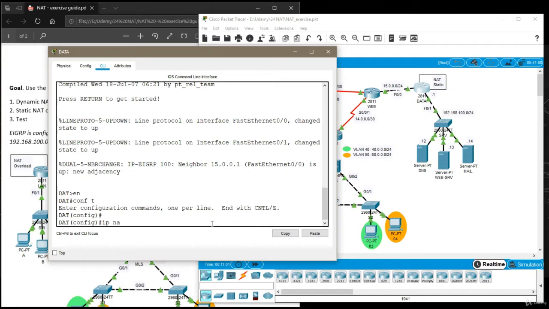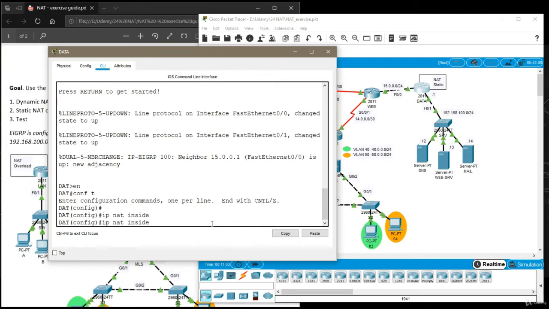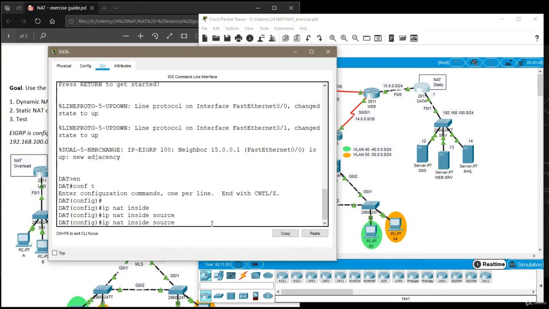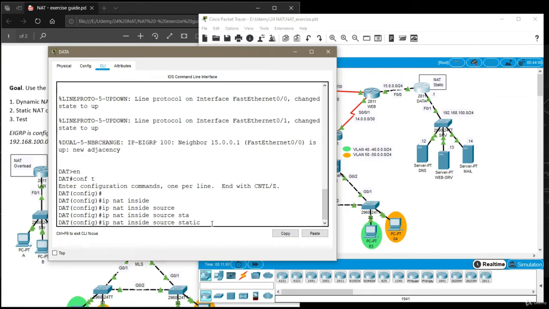I'm going to say ip nat inside source, and then I'm going to say static and list the inside IP address that I will be translating into an outside IP address. And I'm going to start with the gateway IP address. I want to translate that as well, not just the servers. So it's going to be